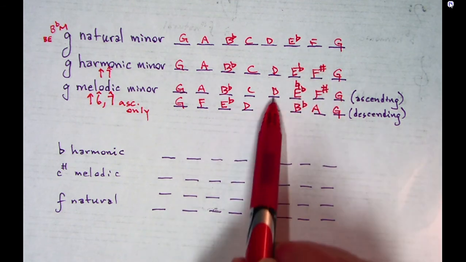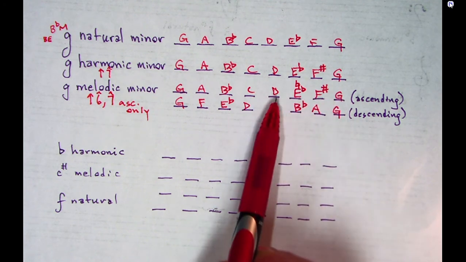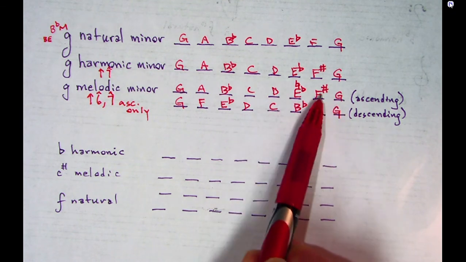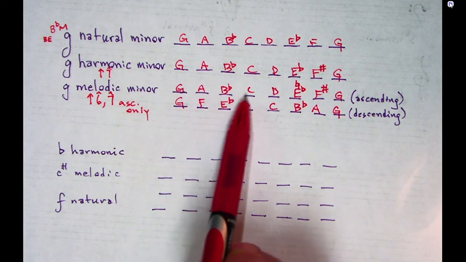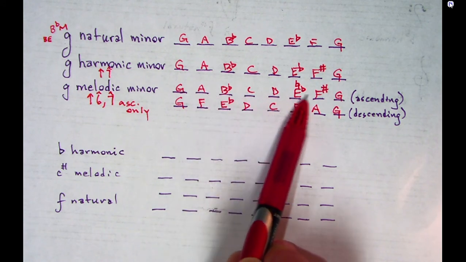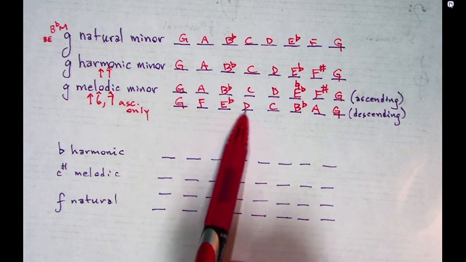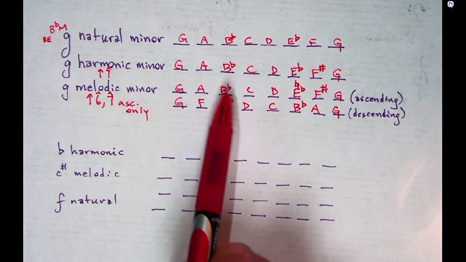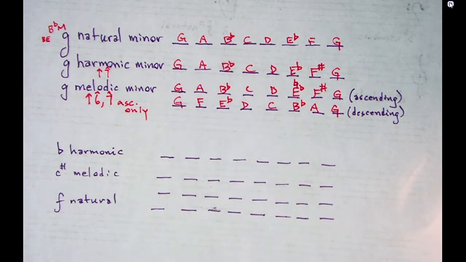If you'll notice, from the 5th scale degree up, it looks just like the major scale, G major, which has an F sharp in it. So when you're singing or playing these scales, when you get to that 5th scale degree, it sounds like the major scale, and then descending, it goes back to the natural minor. So it's very tough to sing and remember when you're playing an instrument. Okay, so let's do a few of these